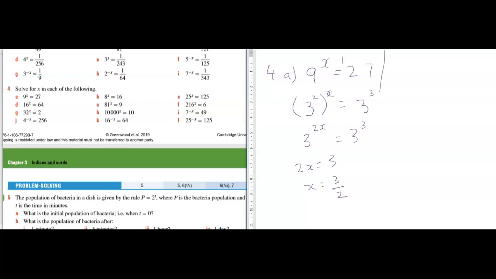Okay, and let's do another one. Let's do 32^x equals 2. Okay, so I'm going to write 32 to the base of 2. So 2 to the power of